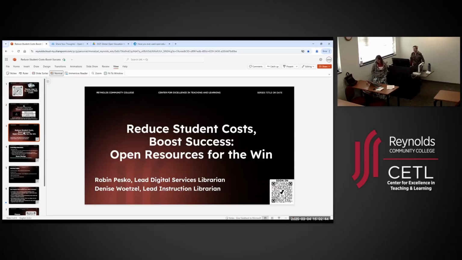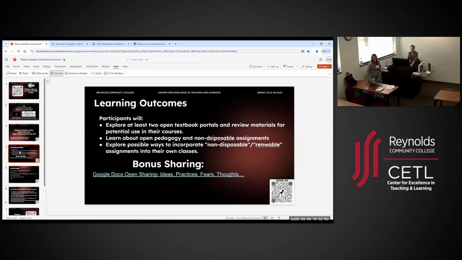Okay, so we're going to present today, Reduce Student Costs, Boost Success, Open Resources for the Win. So here on this learning outcome slide, a few of the things we're going to go over are looking at 2 open textbook portals. Robin will be talking about open pedagogy and non-disposable assignments and explore possible ways to incorporate non-disposable renewable assignments into